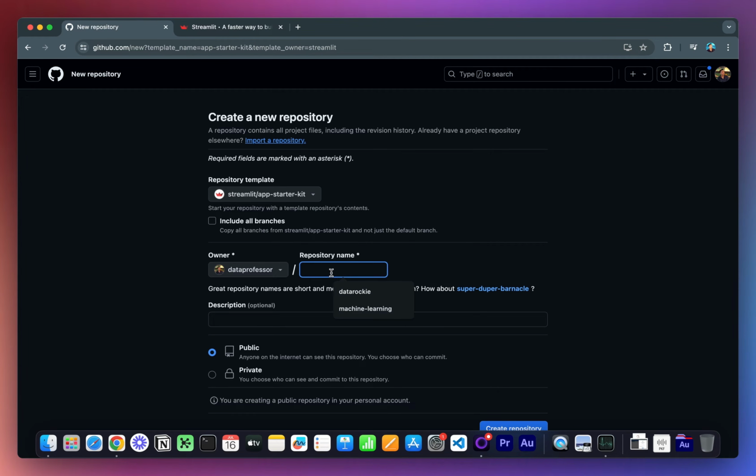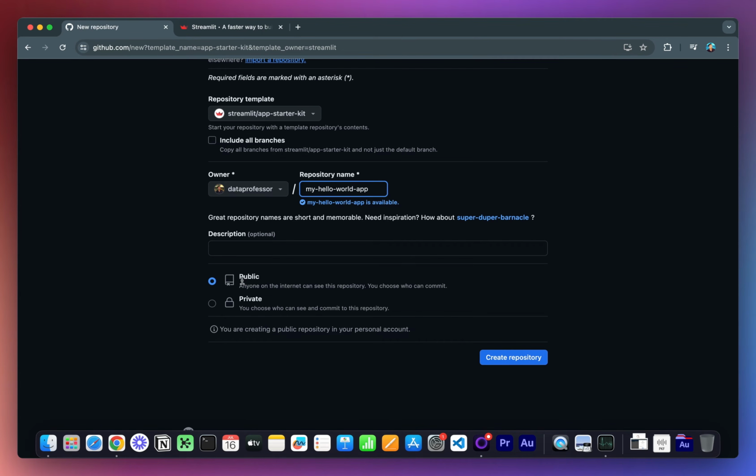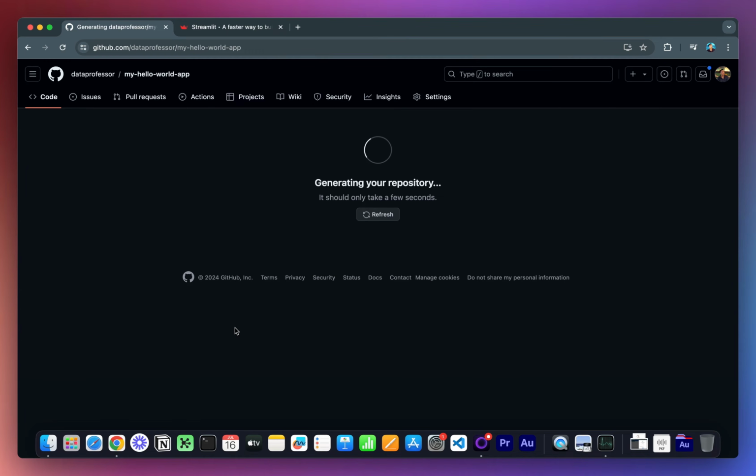So here we're going to put in the name of our repo. Let's say my hello world app. And then we'll leave it as public. Click on create repository.